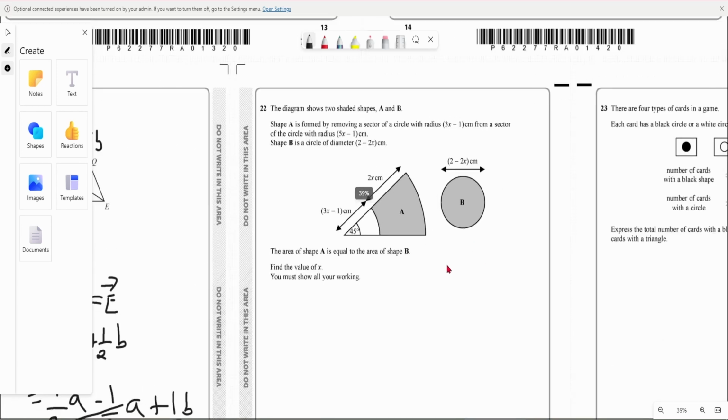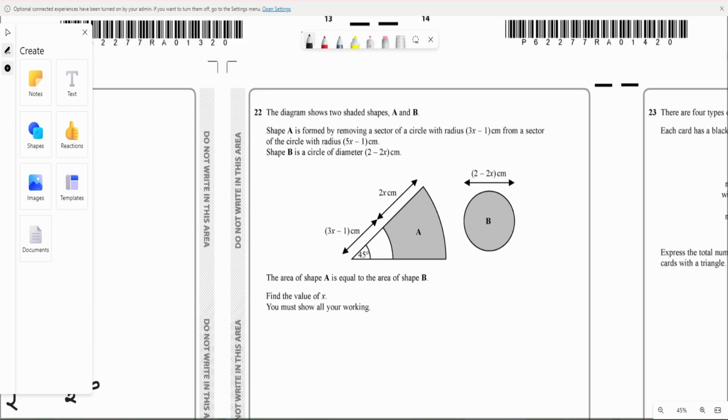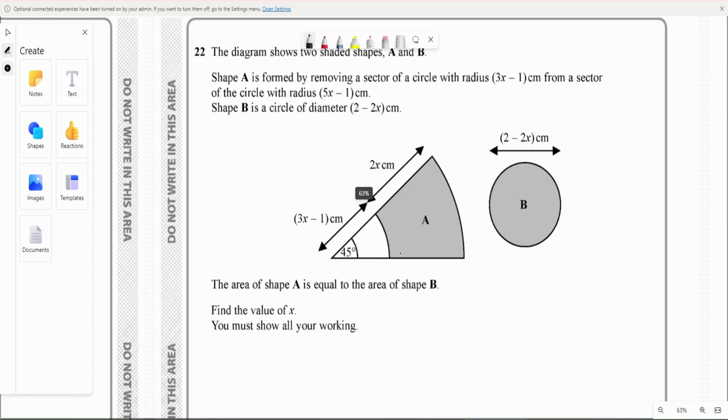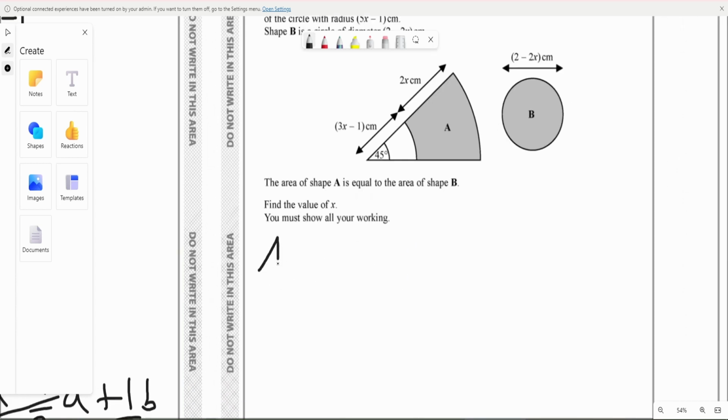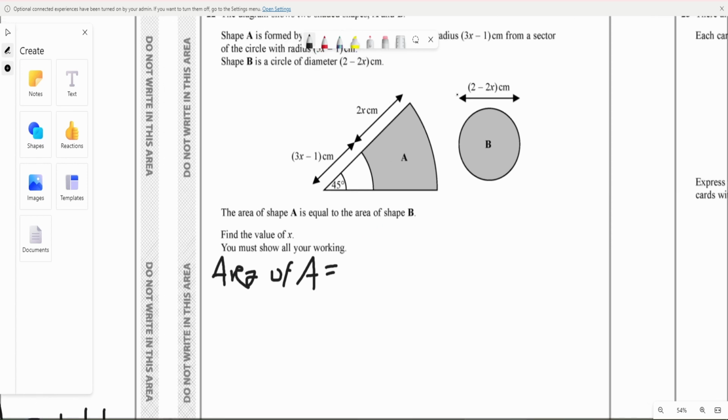Question 22, a really long one, a really good question. Question 22 is the second last question. This is going to be a really, really long one. The area of A. Let's just put it right here because we're going to need a bit of space. The area of A. If you know the sector formula, we're just going to do 45 divided by 360 degrees times pi of